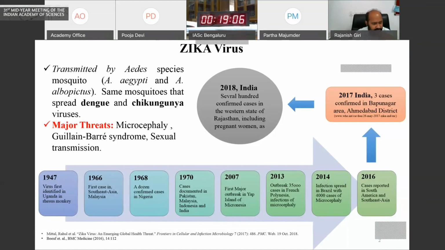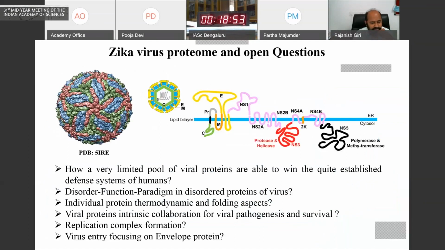Last year we didn't have any problem with the virus in the country, but we never know. We need to be prepared and we need to do extensive research on this. So that was the motivation why I started and I am continuing this research. We asked very big and basic questions on how to think about this.